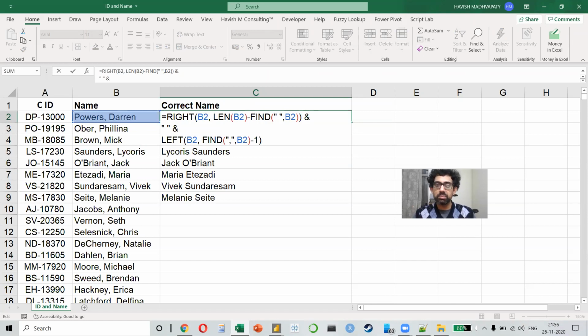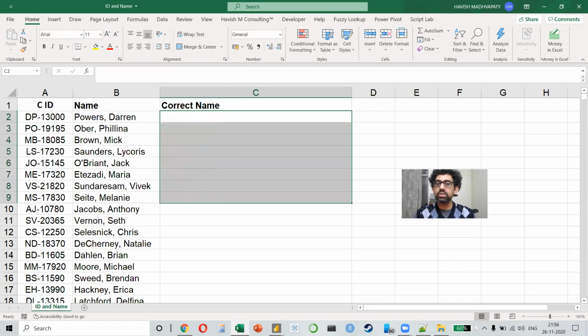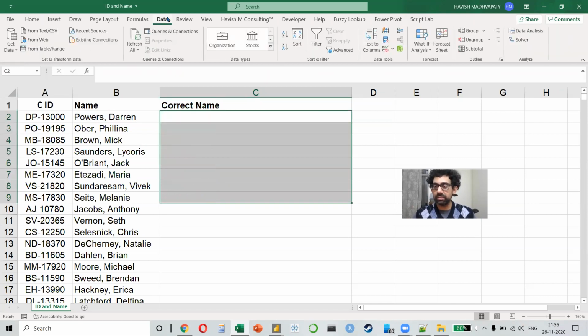Like every time the problem is not the same. The problem might also be a little different. What if they were middle names, something like that? Then the formula will also have to become more complicated. This is one way of doing it on Excel. The second way of doing this on Excel is to use something called flash fill. So in data, we have the small button here called flash fill. So this is a little bit like machine learning that you can use, right? Just give me 10 seconds.